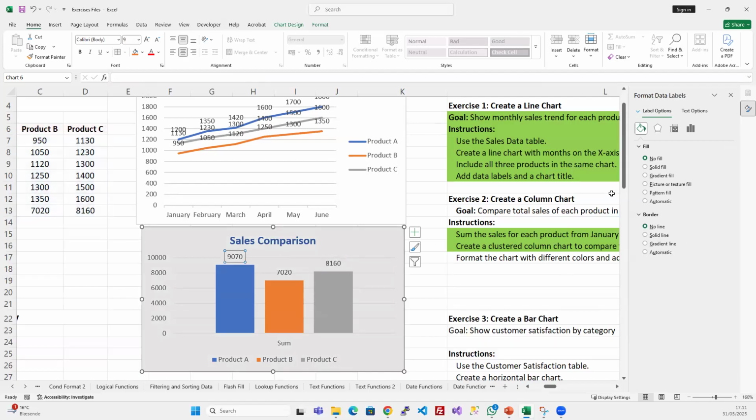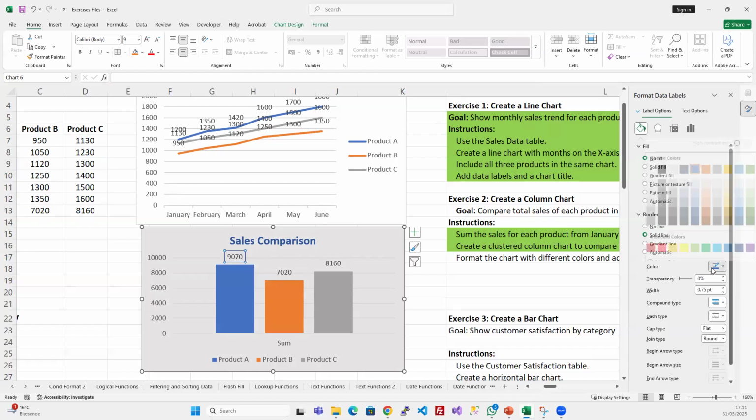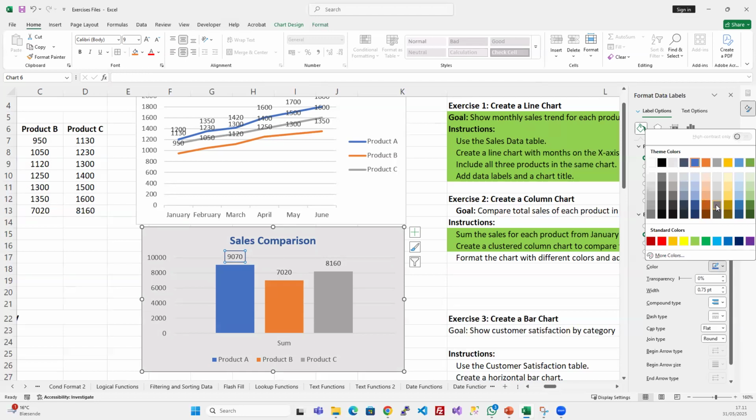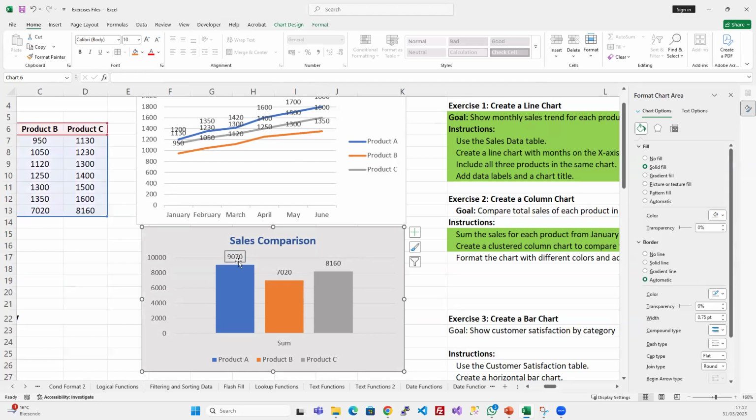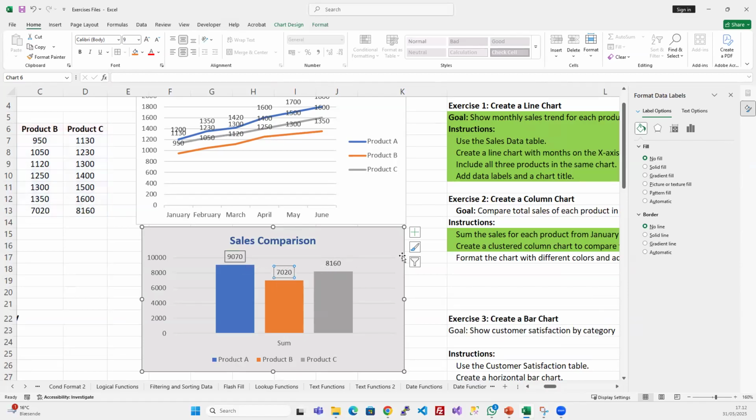I can highlight on this label. In this case, it's not doing that because I'm using an aggregation. This is the sum itself, so I cannot highlight all of them at the same time, okay? But then I can see all the different kinds of formatting I can do on this data label. Say, for example, I want it to kind of have some kind of border, for example. I can say I want it to have a solid border that has this, let's say, I don't know, gray color. If I click away, now you see it has a gray color,